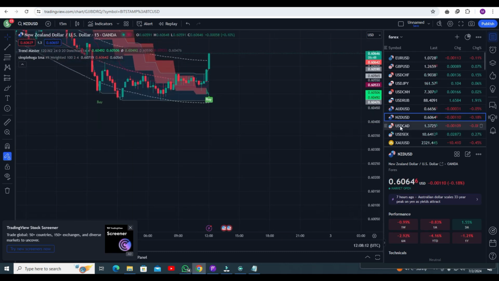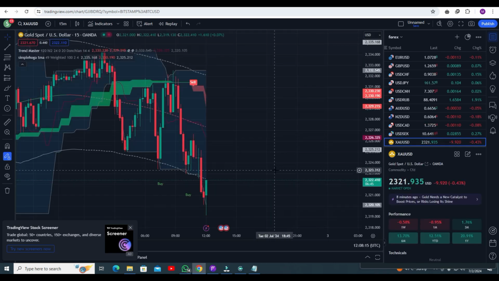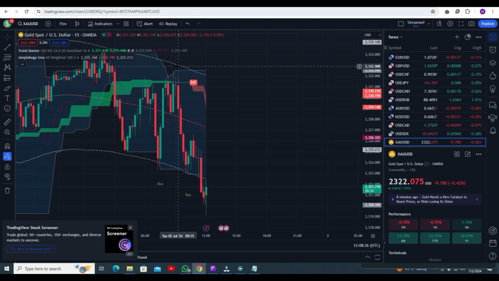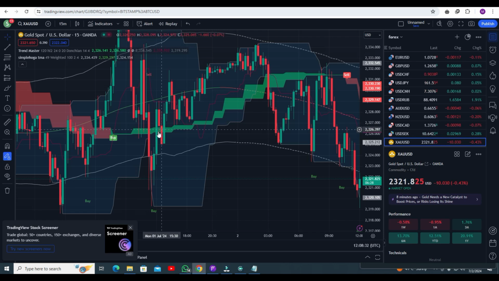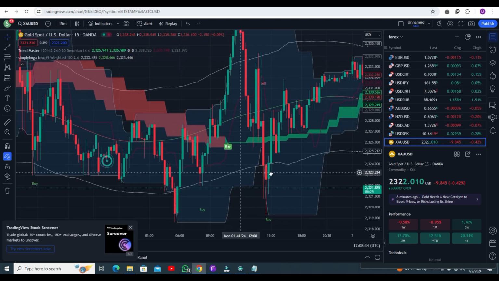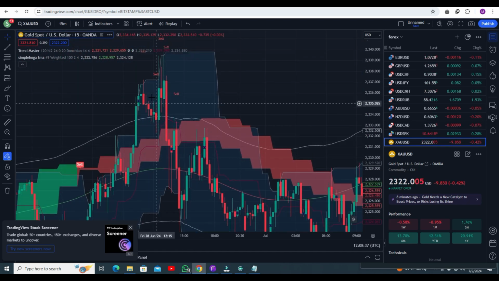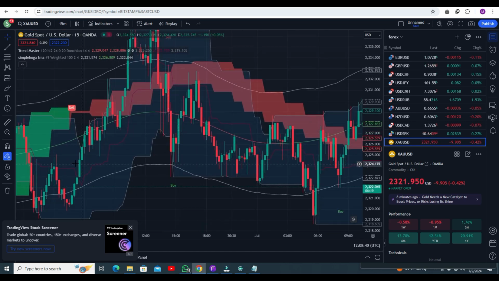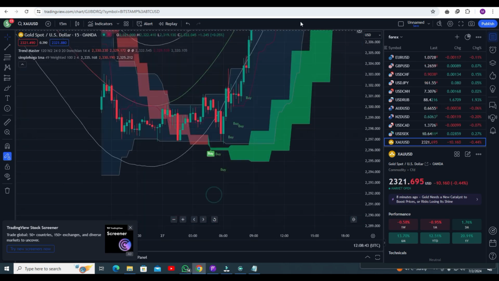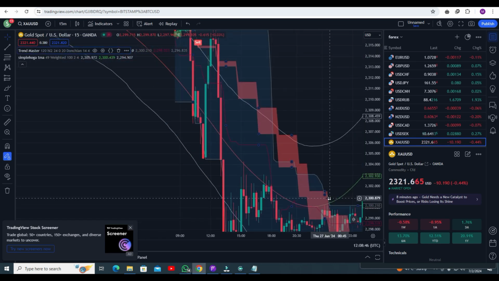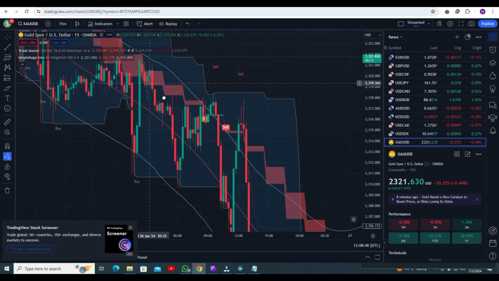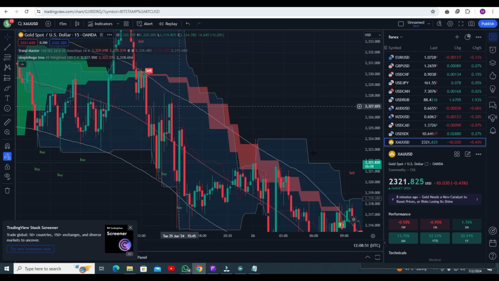And gold, in the gold, you can see this one, if you need, you can go for the sell position from this point. Unfortunately you did not get the sell signal, but this is a very profitable signal. This one you can see you got the buy signal, you got consistent profit. Now this one you can follow sell signal and you are getting awesome profit here. Let me show you this one, buy signal. In the gold you are getting awesome profit all the time.